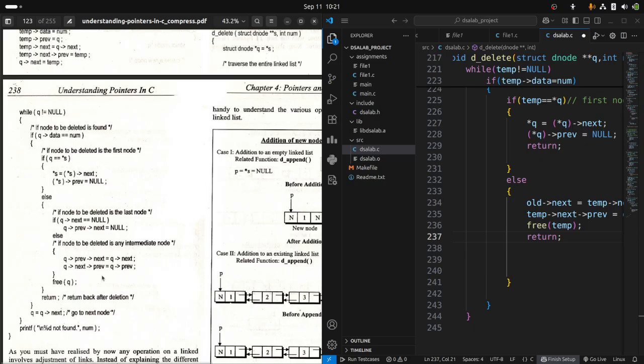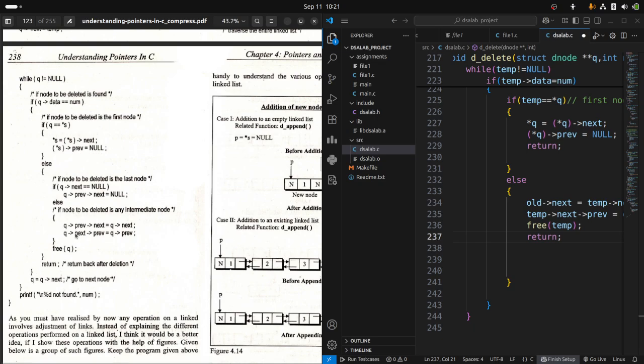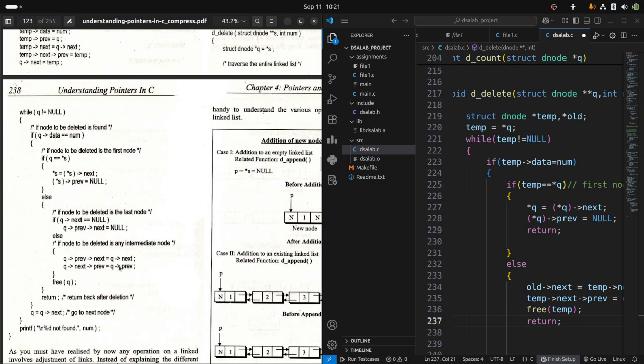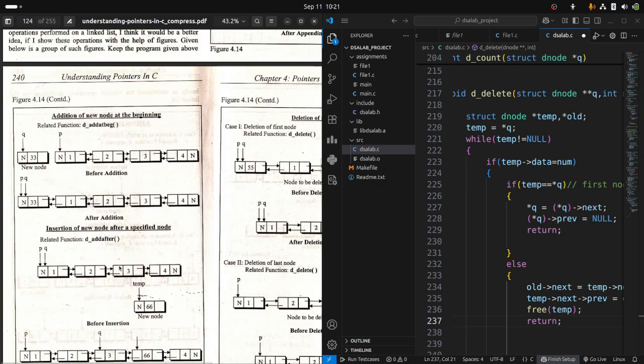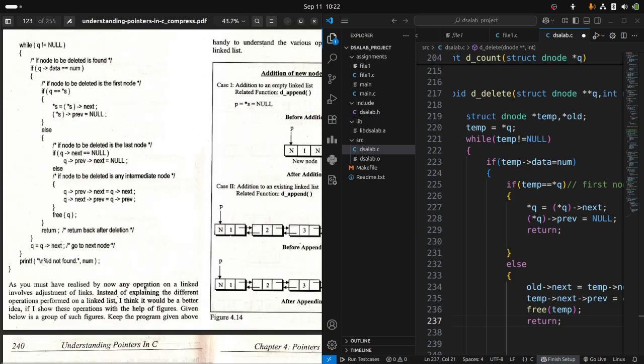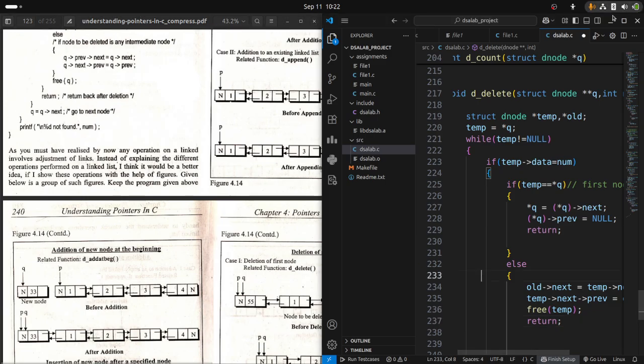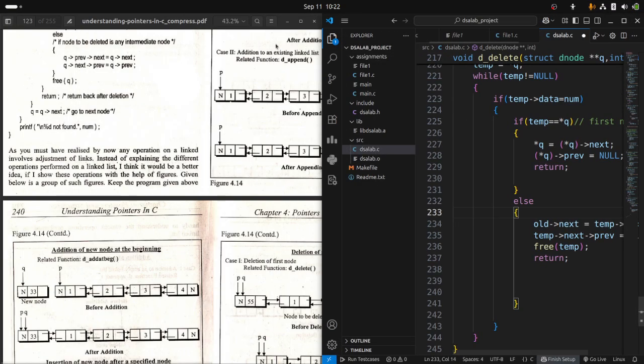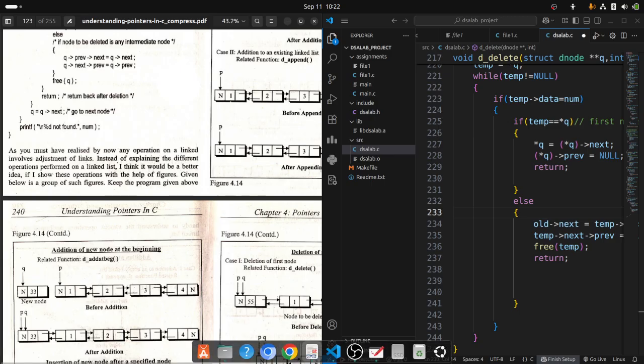If it's the last node or an intermediate node, this is the thing which is done. And he just creates the temp without using the old pointer. I think in a single linked list it might not be possible to do this. Let's check this one. And then we go to circular linked list because I need to